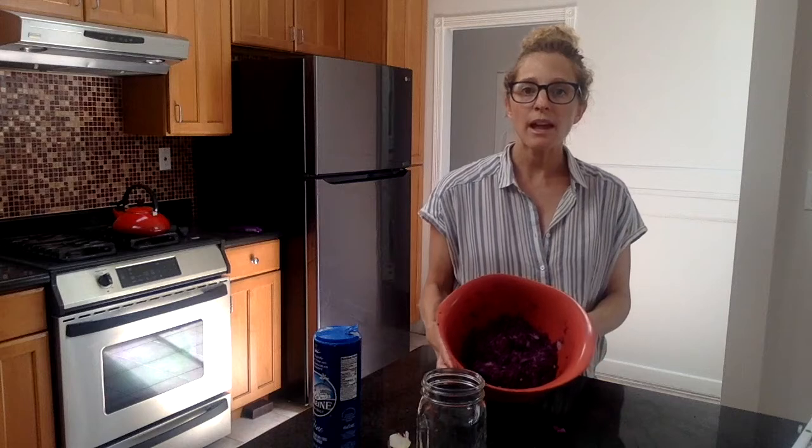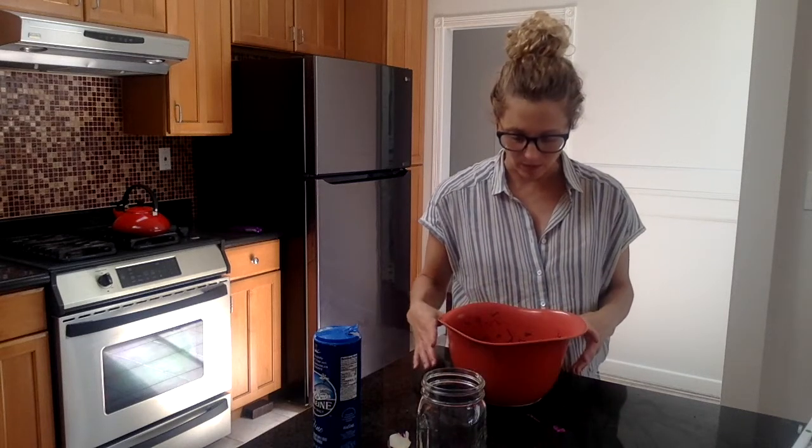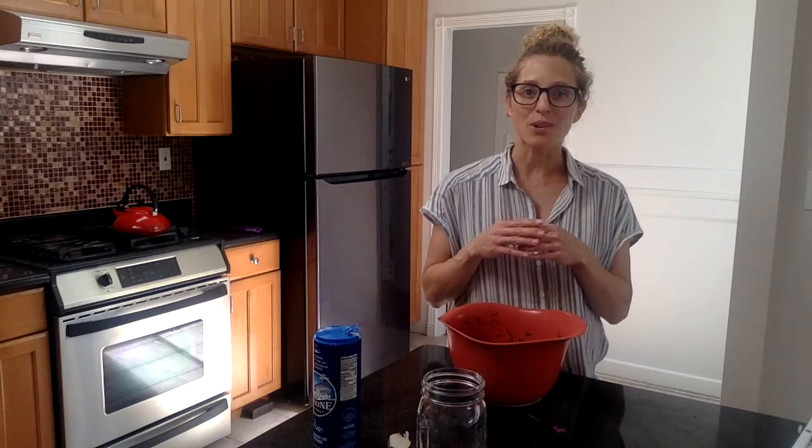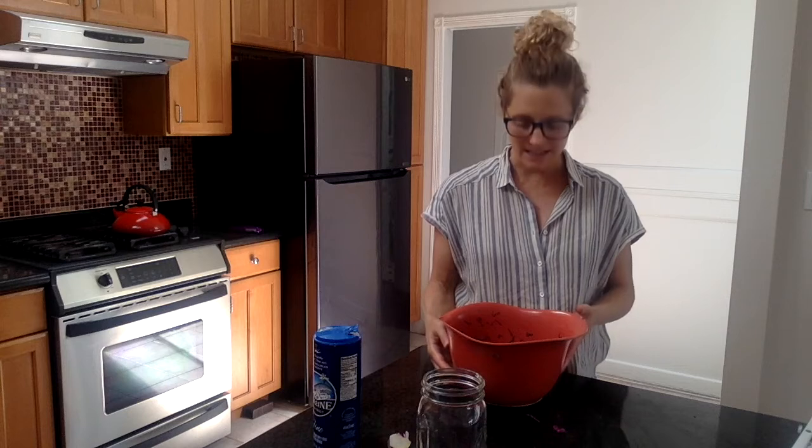So the kraut has sat, I've kind of left it alone for about an hour. That allows more liquid to be released, and that just makes it easier during the next stage. After you've massaged the sauerkraut and let it rest for about an hour,